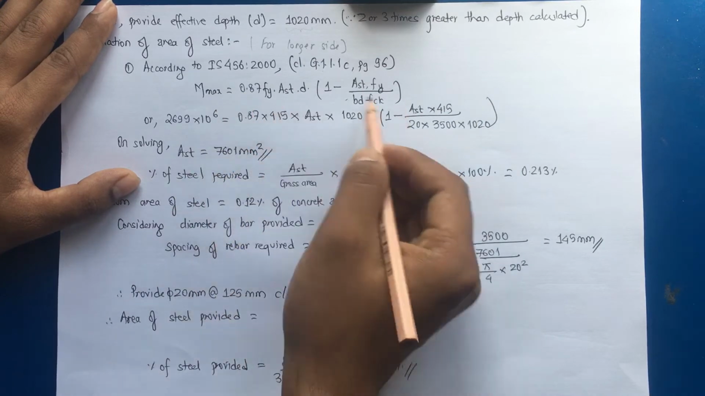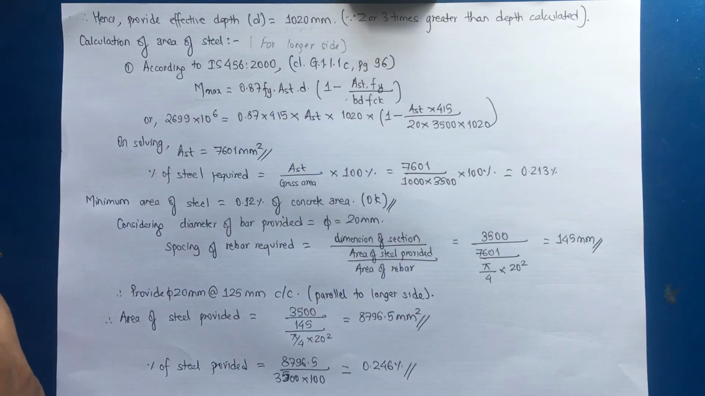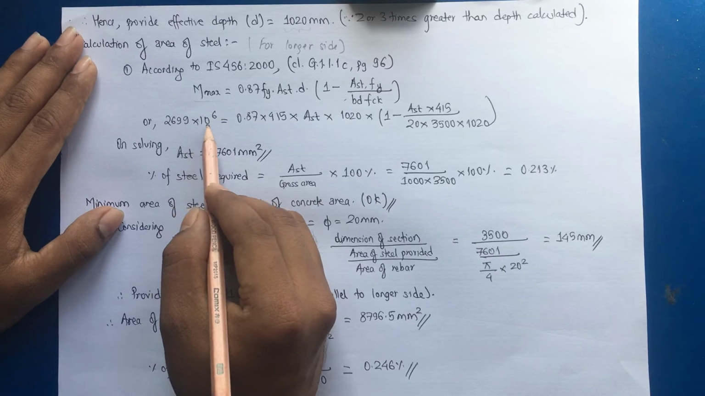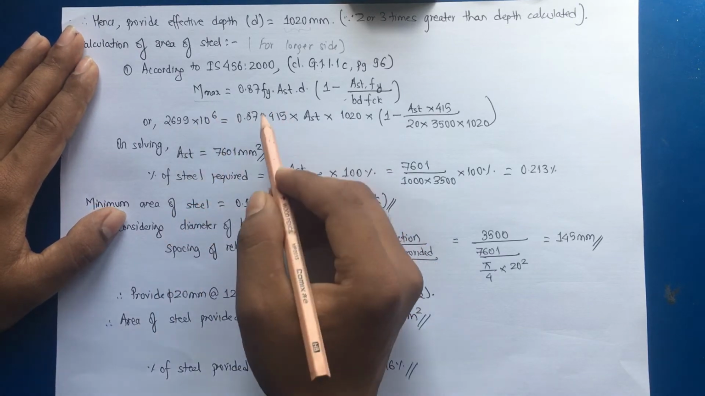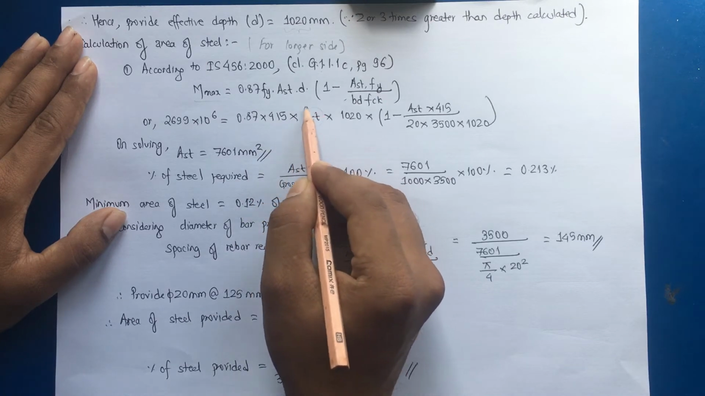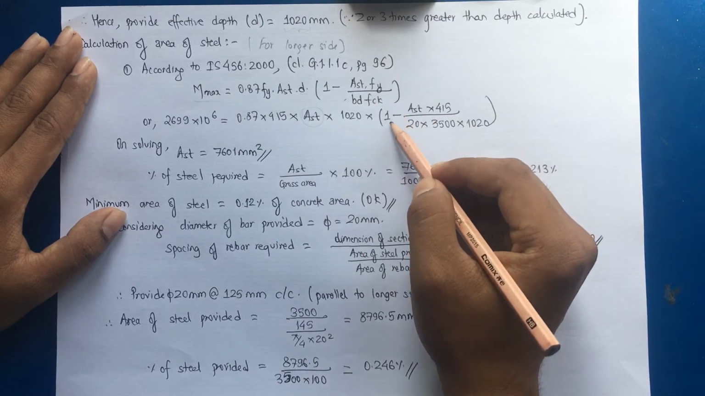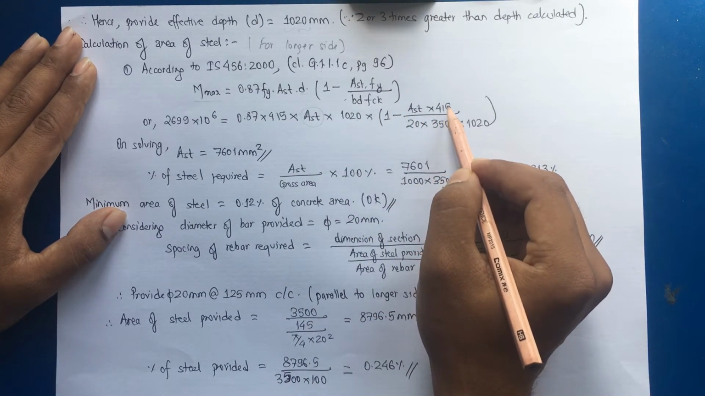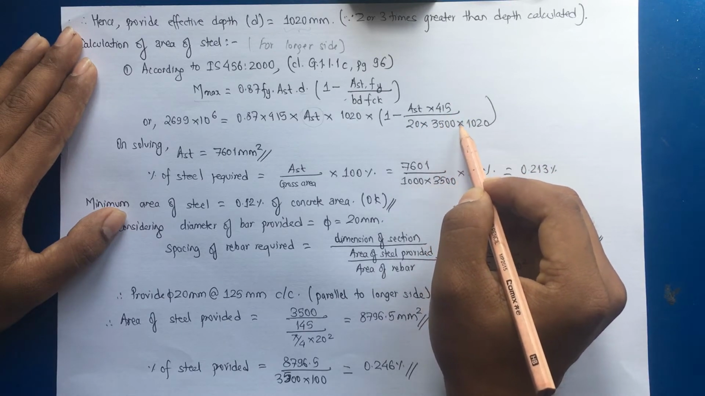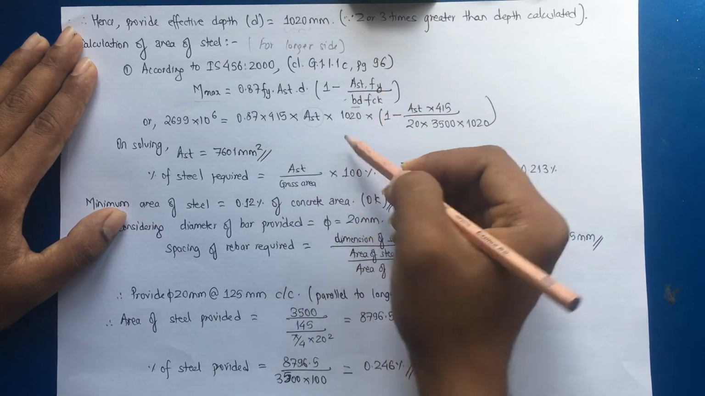So Mx, we have just described the formula. Mx along the longer side was 2699.18, and converting this into Newton mm, 10 to the power 6, equals 0.87 into 415 into AST, as this has to be calculated. Depth provided is 1020 into 1 minus AST into 415 divided by 20 into 3500 into 1020. So just substituting the values, the resisting width for the longer side will be the width of the footing,